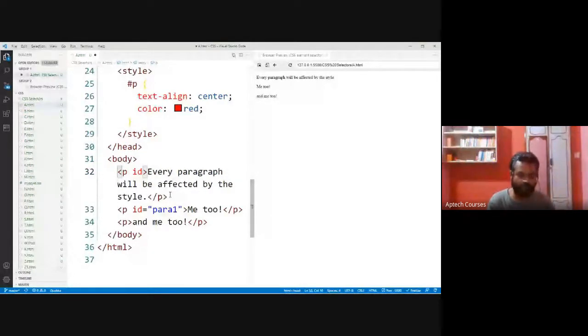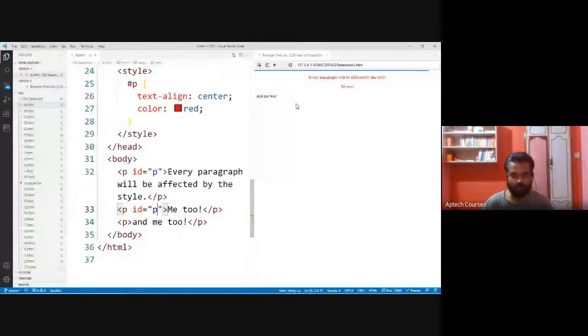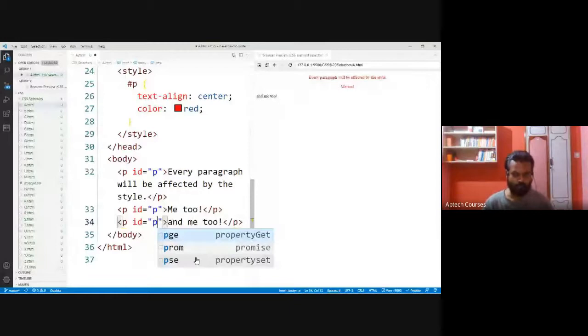If the ID is equal to p, save it. Now I'll get the style. This is also ID is equal to p. This is the ID selector.